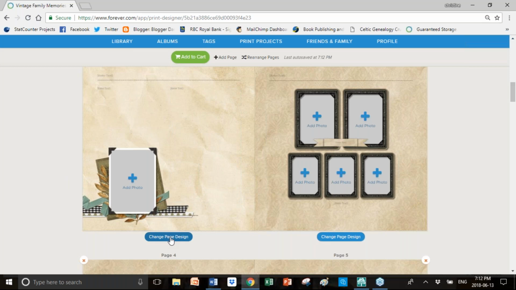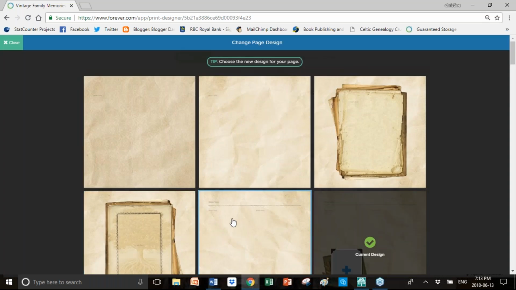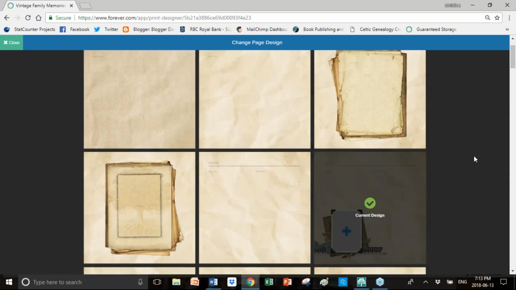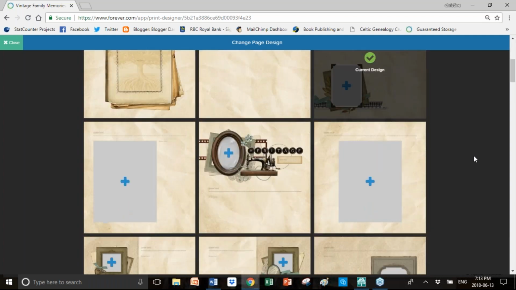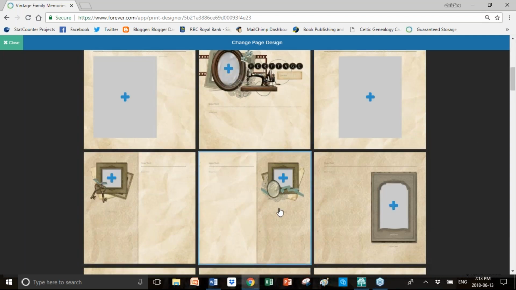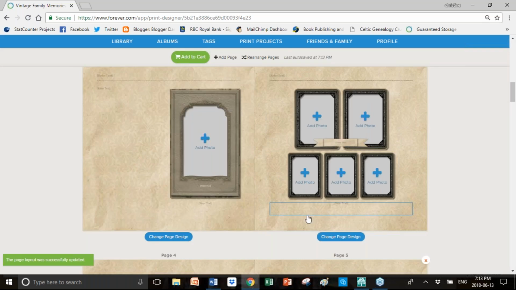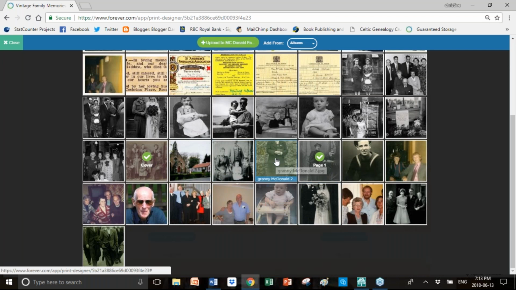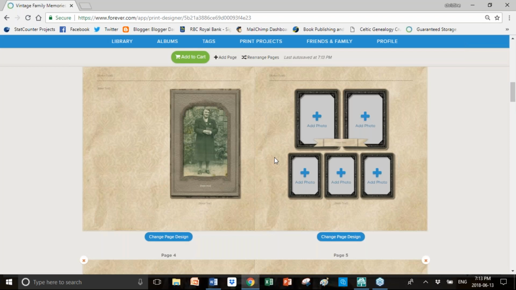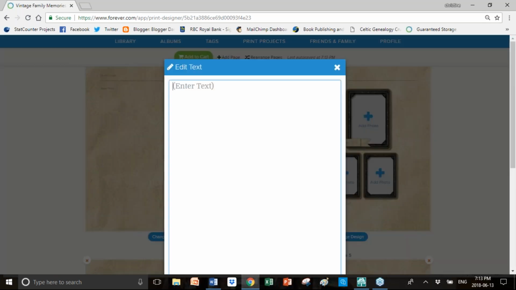You can change the page design on this one if you want. Again, you can do any of them. I can't even remember what that one looked like. So let's go ahead and just put this one in. Actually, let's do a different, okay, let's do that one. Okay, so I'm still on Maggie, and I'm going to do Maggie when she was older. I can go ahead and put in here the story of Maggie. Maggie was a Sunday school teacher. Well, she's actually a